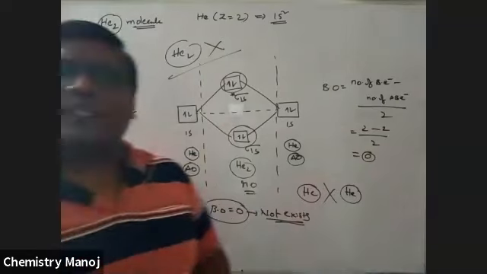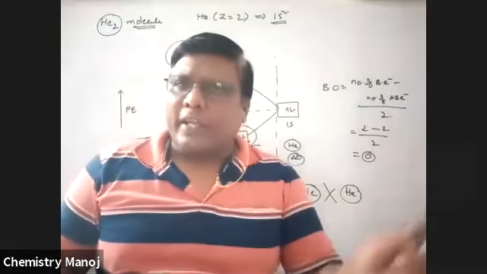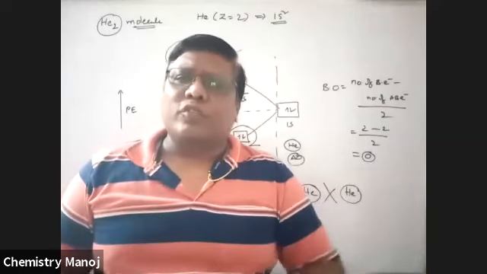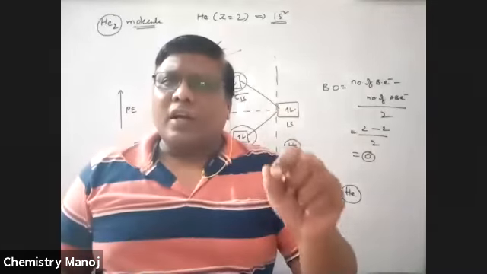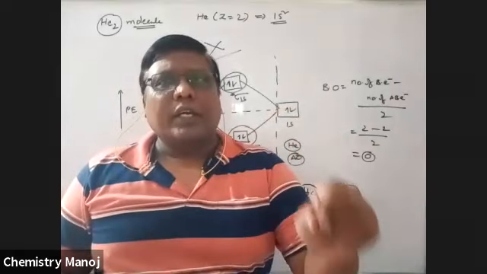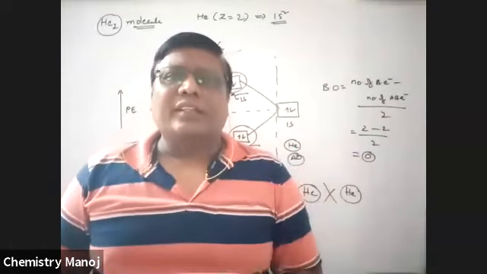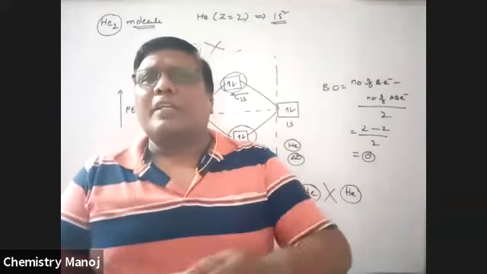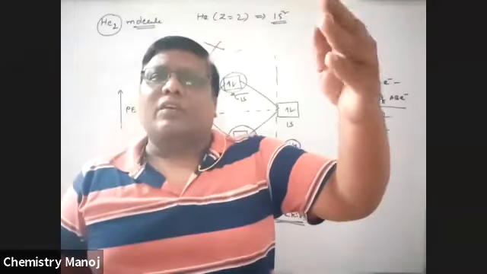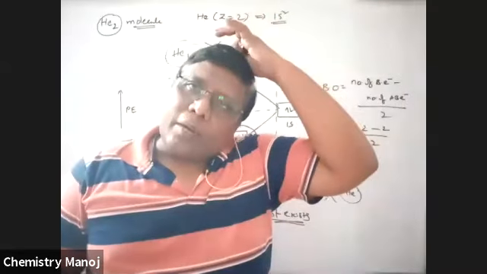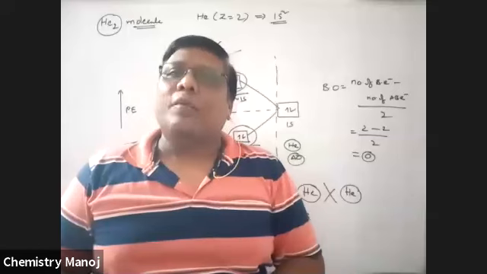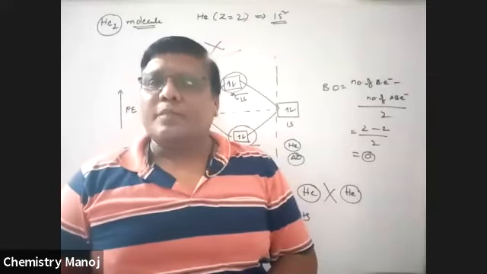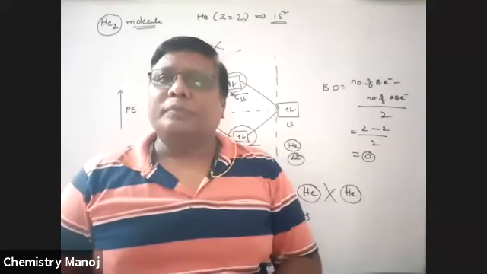So in some cases, which of the following species does not exist? Not exist means the bond order is equal to 0. Which one is more stable? Which one is not stable? If the bond order is an integer, that is more stable. If it is a fraction, that is less stable. Those having more electrons in anti-bonding orbitals are the least stable. Anti-bonding electrons decrease the stability of the species.